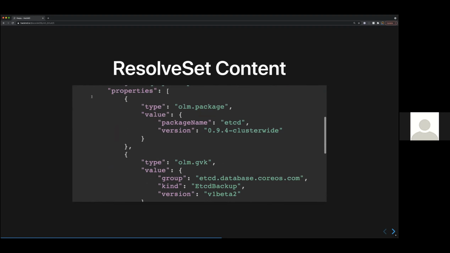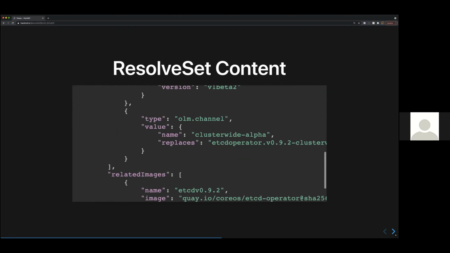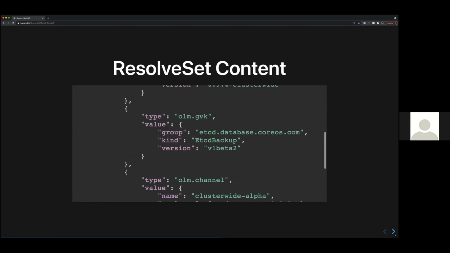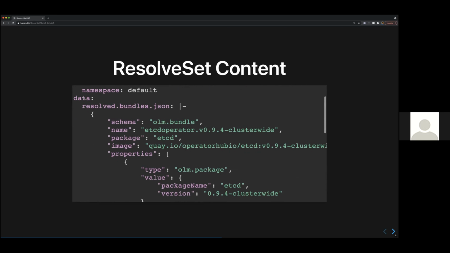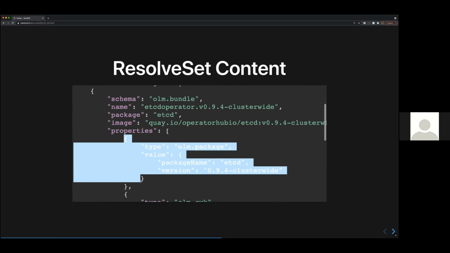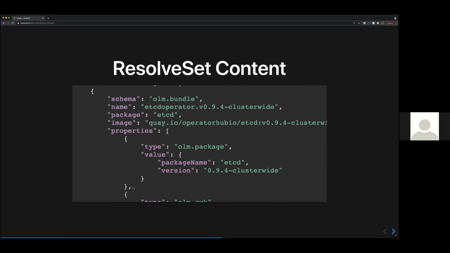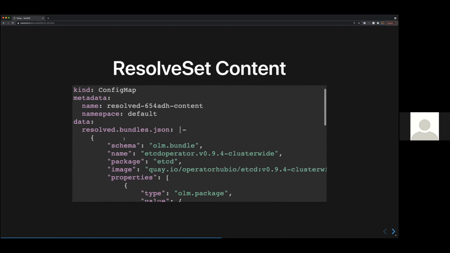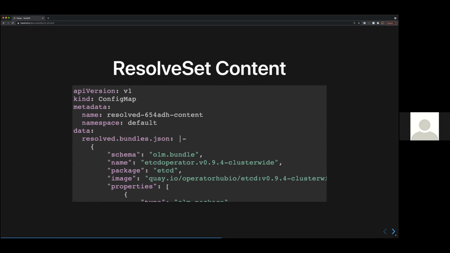I think we identified at least a couple cases where it might be useful for the resolver to add in some properties to record why it made certain decisions. I don't think I have that in the example here, and I'm forgetting specific cases for that, but the point is this doesn't have to be exactly the content that was the input. This is the output of the resolution, not the input.